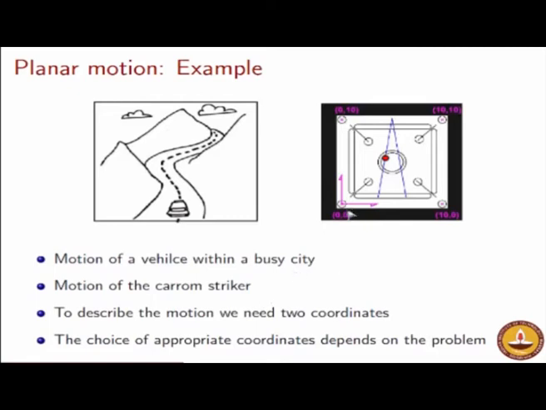So it could even be a non-Cartesian system, but at this stage I would not like to complicate it that far. I would simply like to state that two coordinates are necessary for description of planar motion, and by similar analogy we will do spatial motion also, where we will see three variables are required for a complete description of motion.